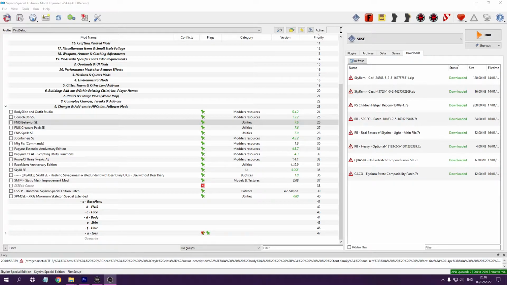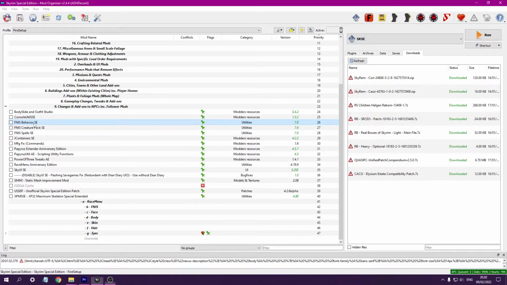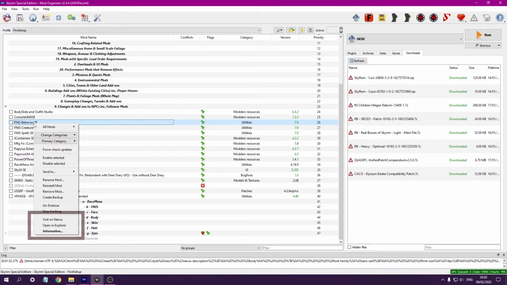Now let's look at Nexus Mods' ability to link a mod to the Nexus Mods page. This again is extremely useful for a number of reasons, the main being the ability for MO2 to check the mod's main page for updates and fixes. Some mods will have this feature automatically added when you install it through MO2. Right-click on the mod you would like to link.